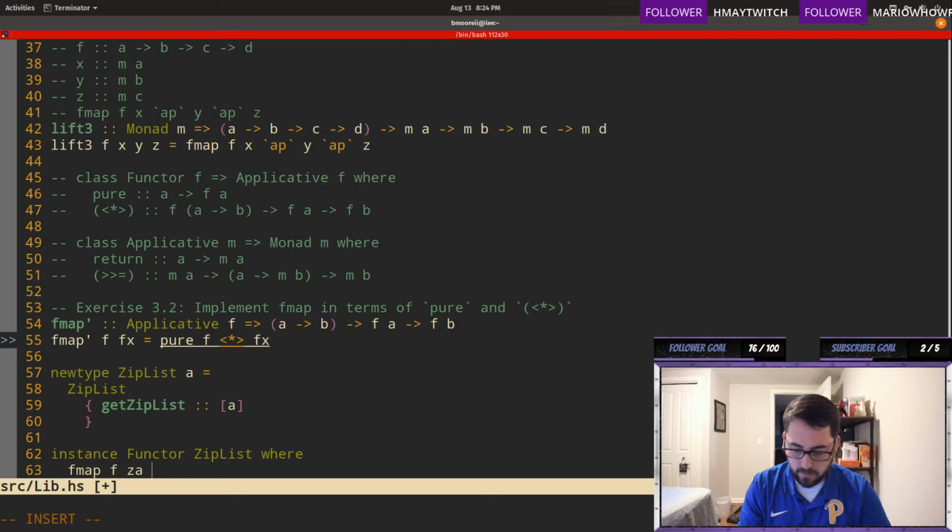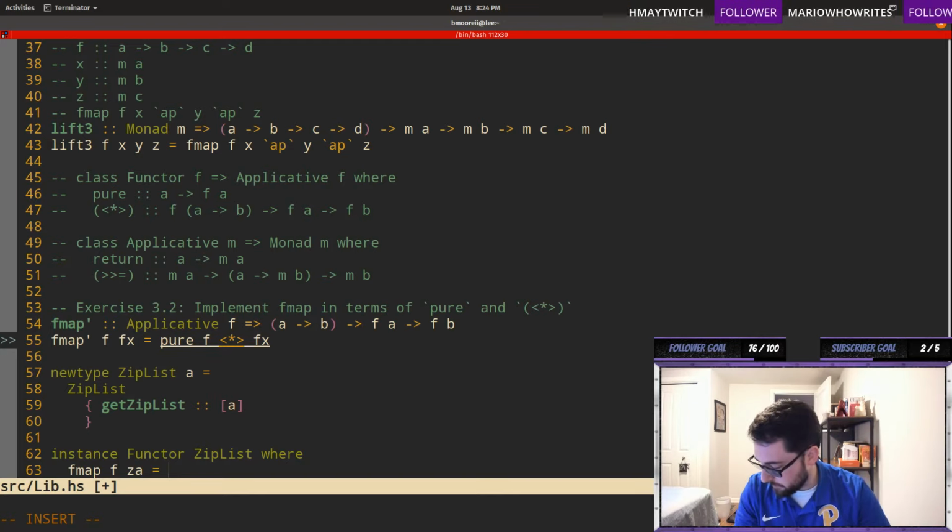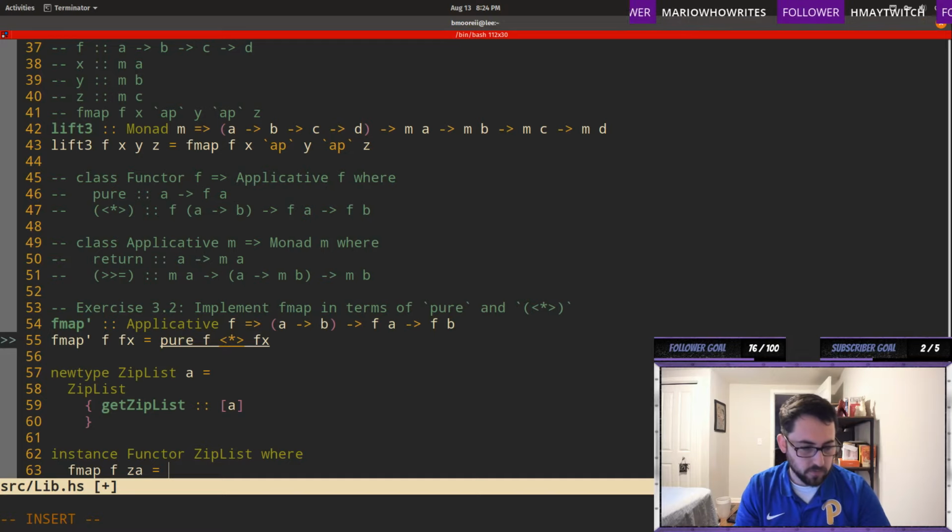Oh, okay, okay. I was like, wait a second. Am I missing something? Because it doesn't say implement Applicative. It just gives you the Applicative instance. I was very confused about what was going on, because I can't imagine that this is hard at all. It's just going to be